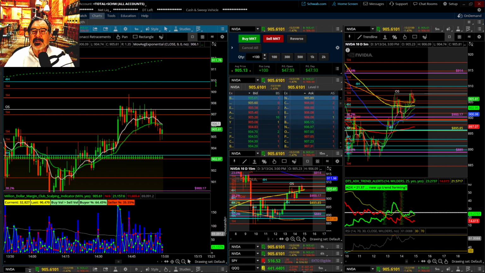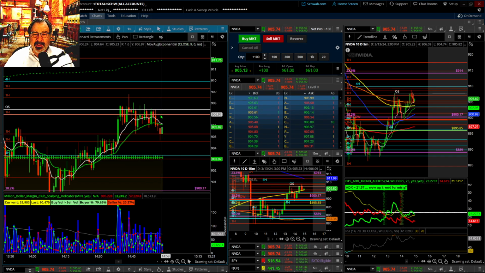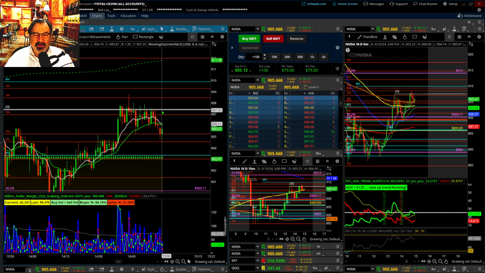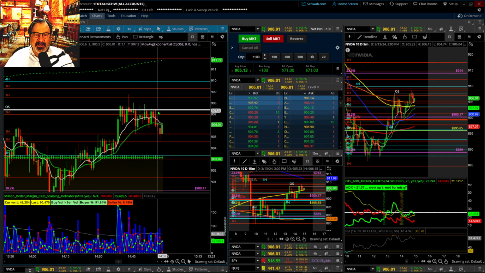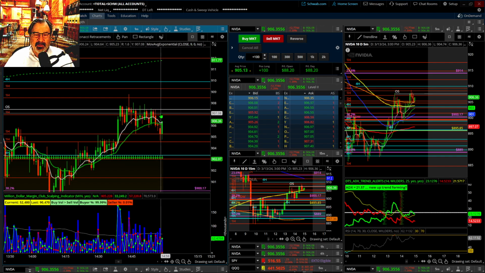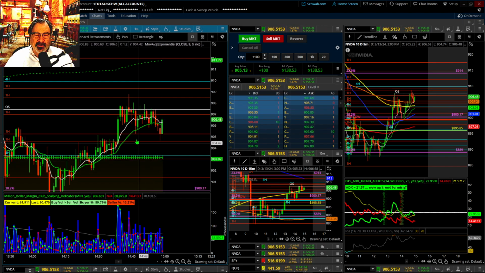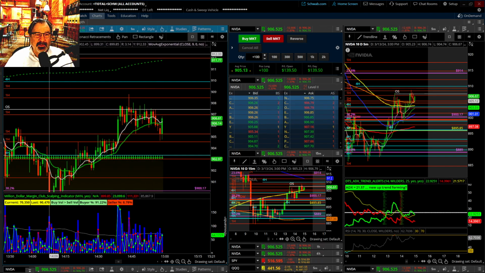Yep, everybody is still along with me. So I'm looking to get it up in this 907, somewhere between here. See if it breaks through here, and then up here, and then reverse, and then manage the position. If it keeps going, I'll take a short hit and then gap and then reverse back again. But I'm going to reverse in here somewhere. Depends on what the scalper indicator looks like as we get up to the